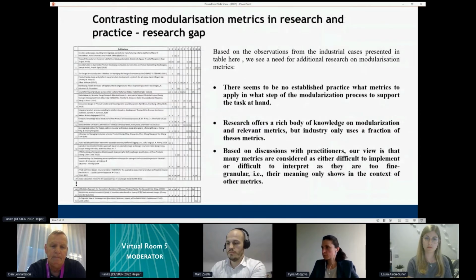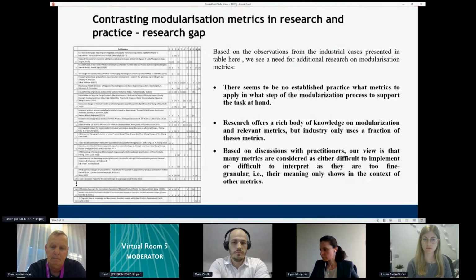Contrasting modularization metrics in research and practice: the research gap. Based on the observations from the industrial cases presented in the table here, we see a need for additional research on modularization metrics. There is no established practice on what metrics to apply in what step of the modularization process.